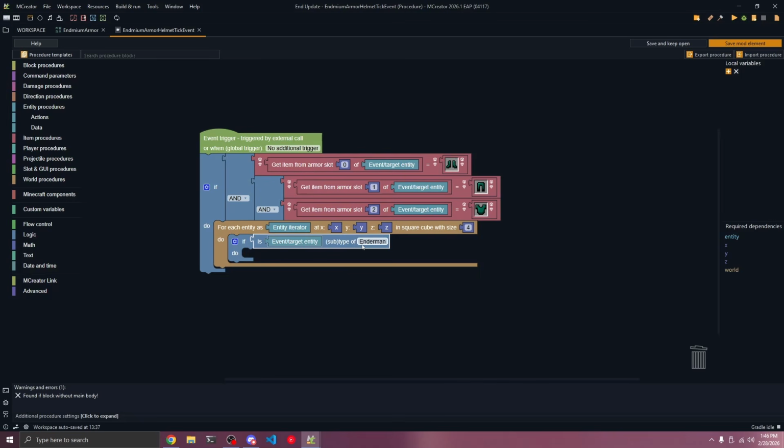But the player is never going to be a subtype of Enderman, so this isn't going to work. What we should be accessing is this entity iterator right here. So I'm just going to swap this out. Remember that this entity iterator here will at some point be every single entity within a 4-block cube of the